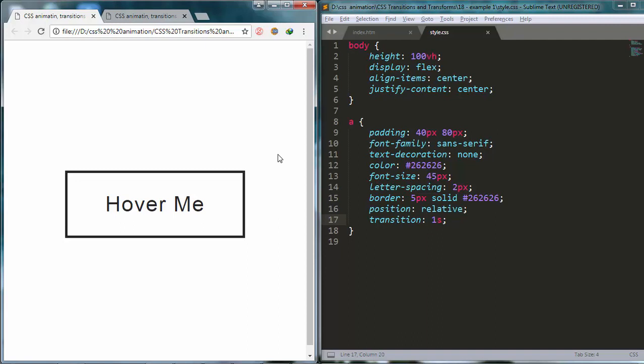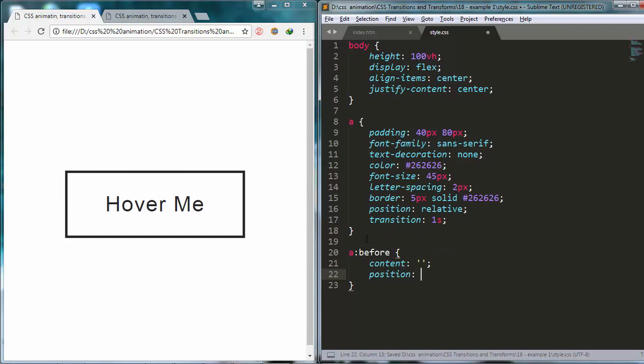Alright, so we'll need to use the pseudo element before. And if you don't know what that is, it just allows you to insert code before your element. We'll see how this works in a second. So I will say before, and inside of that, content, empty, so I don't get any text inside this pseudo element, and then position, absolute, top, 0, left, 0,